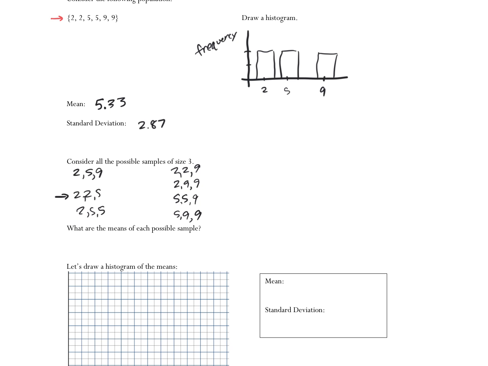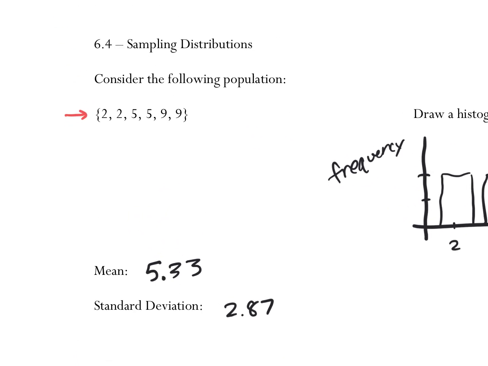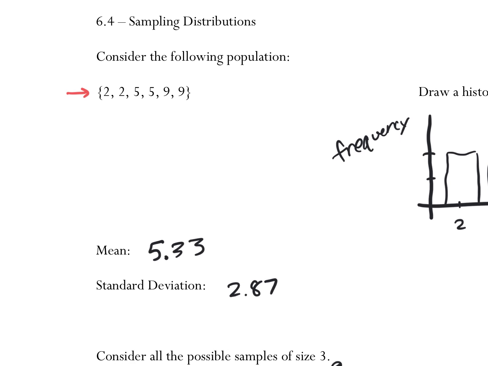So I'm going to start with 2, 2, 5. How many different ways can I select 2, 2, and 5? So it could be 2, 2, 5, right? Or it could be 2, 2, 5. But that's it, right? There's 2 ways that could happen. Because if I'm getting 2 2s, there's only one way I could get 2 2s and then 2 for that other number. Is everybody good?